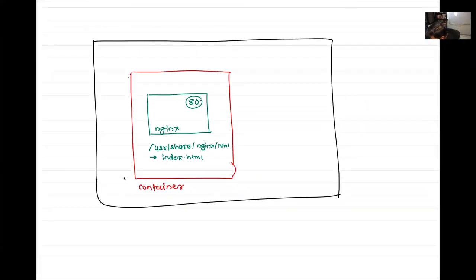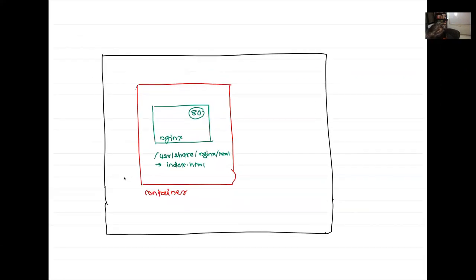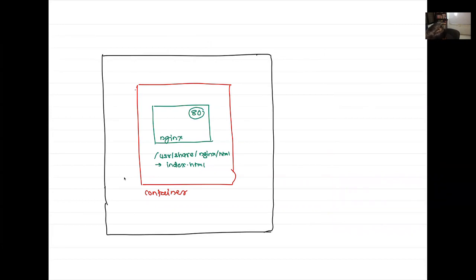Okay, see the problem here. The problem here is this container has got an IP address. Fine, I can see that the container has its own IP address, but the problem is I'm not able to talk to that IP address here. Imagine this is my machine, and there is a network here, and there is another machine here. There is a client here,